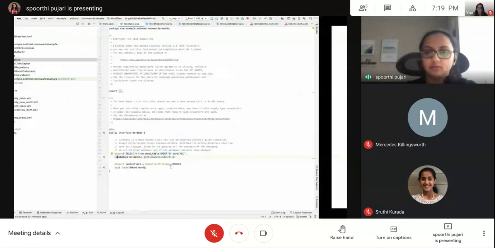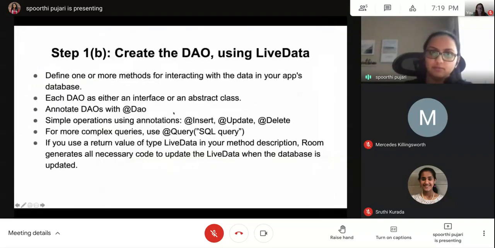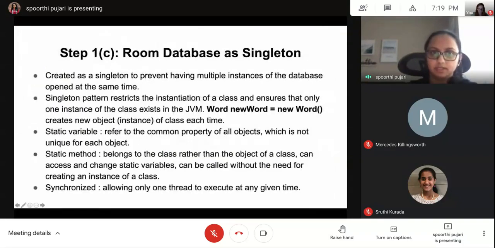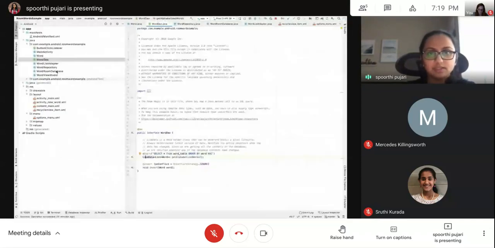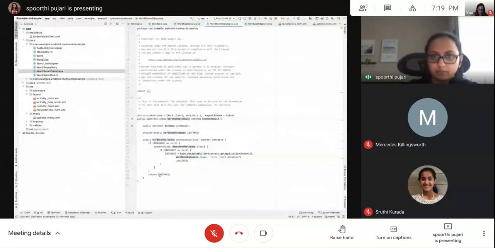Okay, so I'll move forward to the next step, which is creating the Room database. Let's look at this class first. There are a lot of things here, so we'll go over it one by one. First of all, my Room database needs to extend this RoomDatabase class, and then you need to annotate it with @Database to say that this class represents my database.